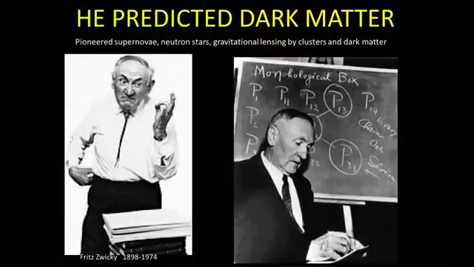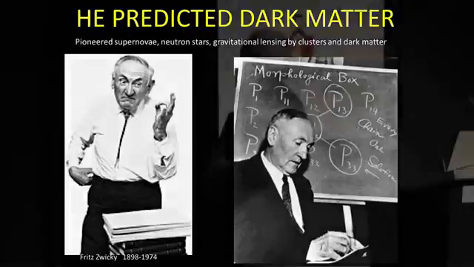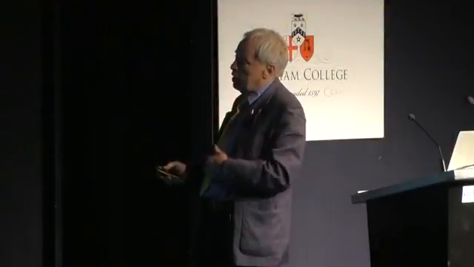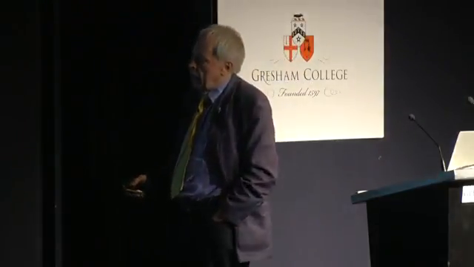He was an amazing iconoclast for a physicist, astrophysicist. He had many brilliant ideas. He was the person who first had the idea that there should be tiny compact stars called neutron stars, now pulsars, and exploding stars. But maybe he's best known for his idea of dark matter. And you can see him, he lived for many years. He was of Swiss origin, but then worked in California for many years.